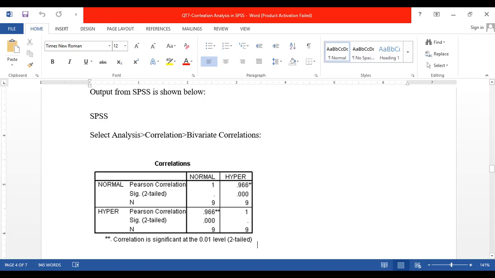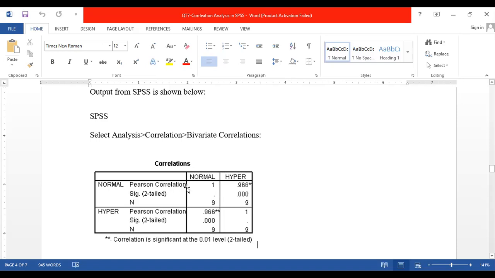Have a look. The Pearson correlation between normal, our independent variable, and itself is 1. No surprise, because the correlation of a variable with itself must be 1.